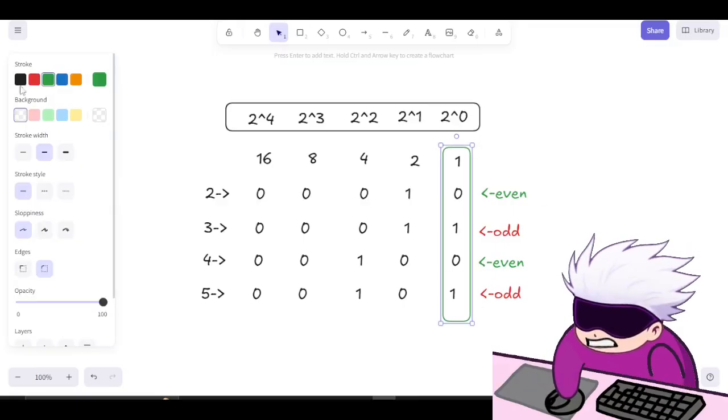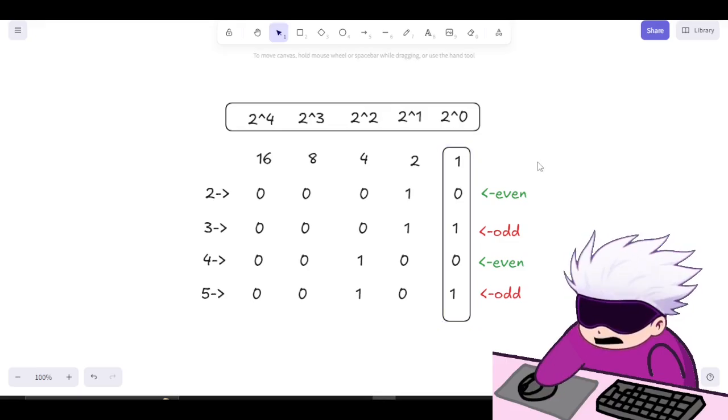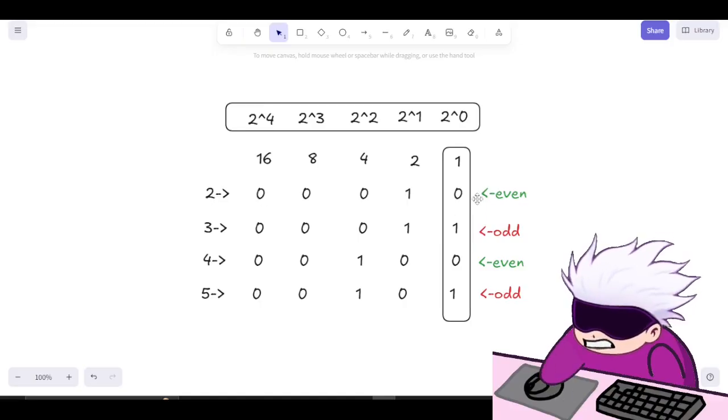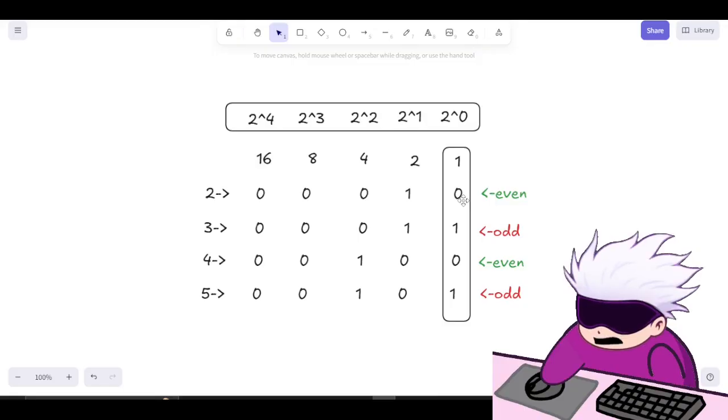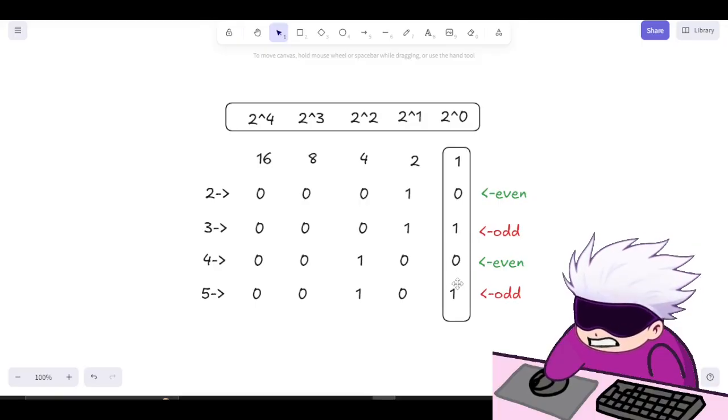Here we learn something new. In the last column, we clearly see 2 is an even number and the last digit of 2 is 0. Here 3 is an odd number and the last digit is 1, and same for the others.